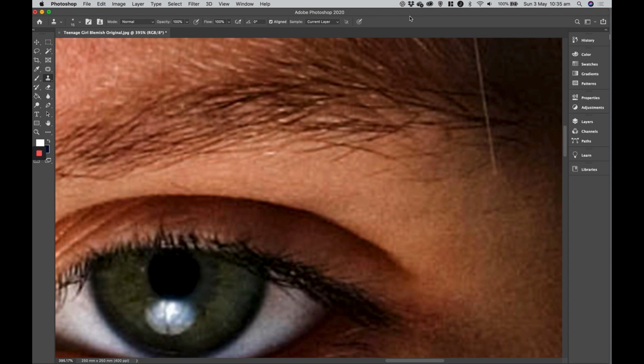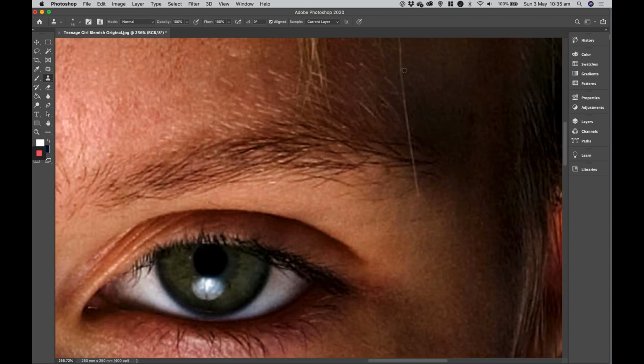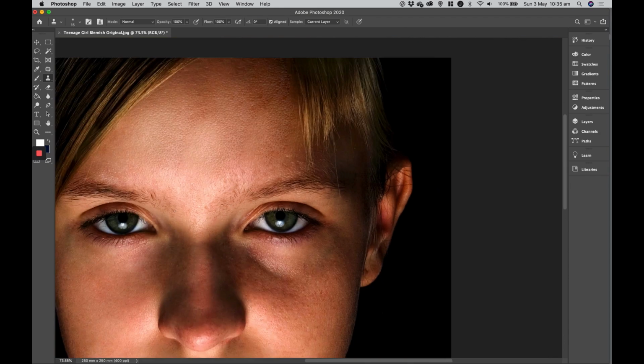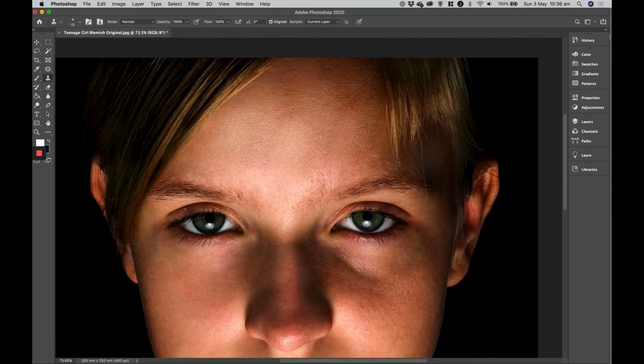So I'm going to leave you with that. You can go round. You might want to clone that hair out of here and just clean up her eyebrows and shape her eyebrows, get rid of a few of these strays over here. And don't worry about her ear, but if you could do that and get on with that,